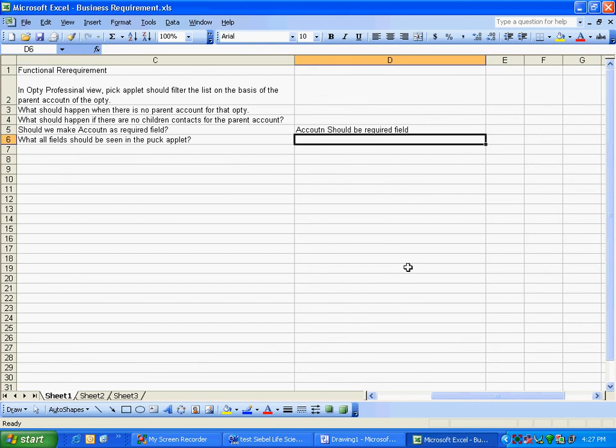So they give these requirements, right? Account should be a required field. So we should give the design, the actual screen and view, here as part of the FBD.